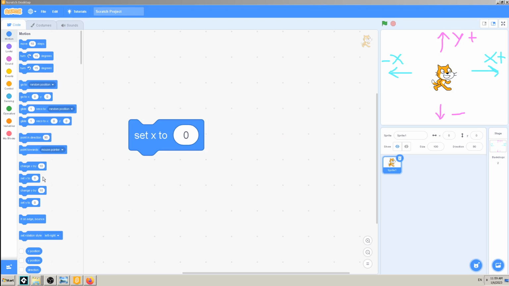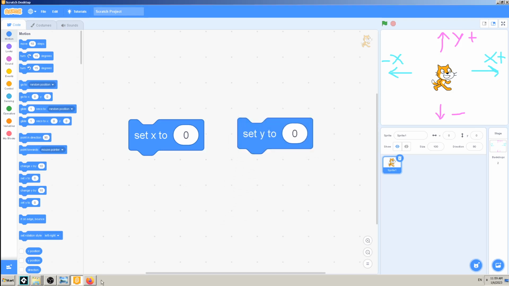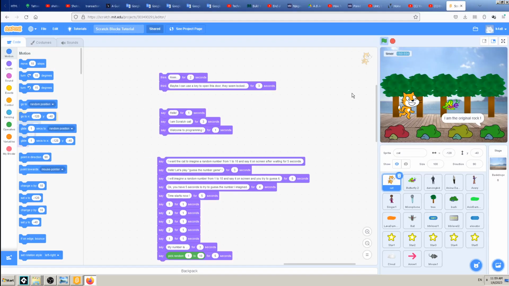We have used the set Y earlier in my game, which I have on my K4All Scratch online account, and we have used that to block this cat. For example, I didn't want my cat to be able to go in the sky, sorry, or in the sea. I wanted it to be able to go only as far as this land is showing, so I have defined that with the Y,